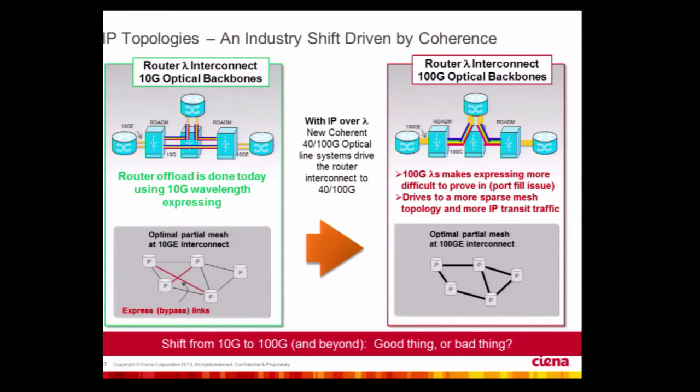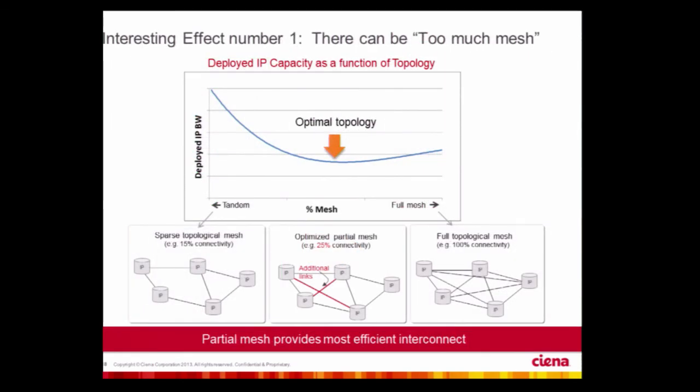So now, what has changed by coherent in terms of IP technologies? Before, all the connections were done with 10G, and then you can do a lot of meshing. Each pipe is reasonably filled. But when you move to 40 and 100 gig coherent signals, of course you make a much bigger step in terms of capacity. And to avoid that some pipes are not filled completely, you end up with a partial mesh. So you do less meshing than you would in the case of 10G. So this slide shows this more clearly. This is what we would call a local optimum. So doing full meshing with 100 gig doesn't really make that much sense.